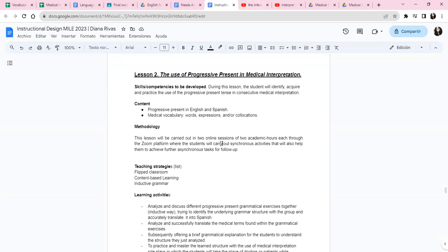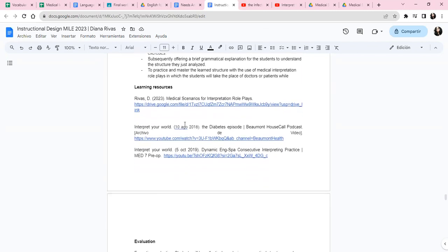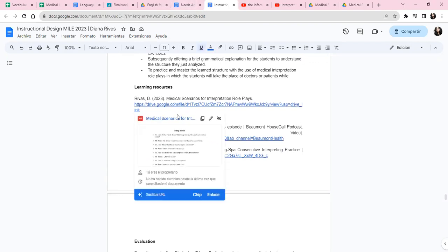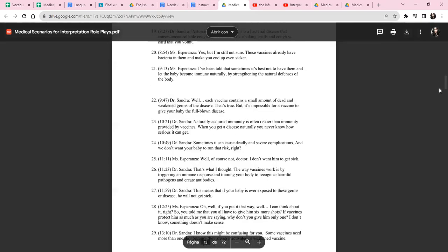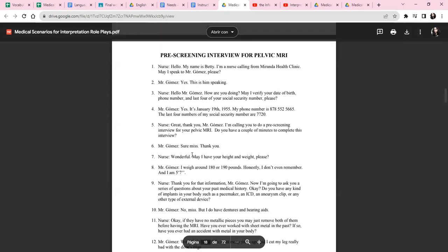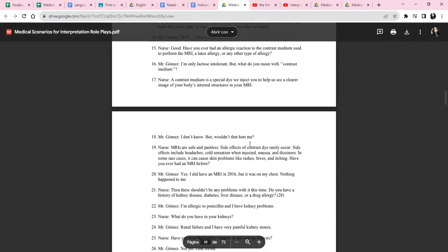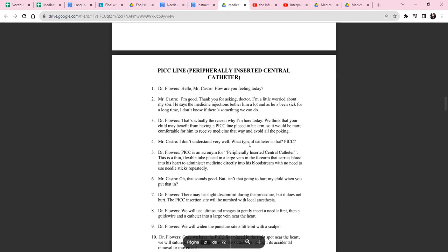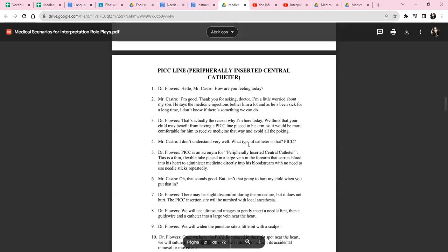Everything will be exactly the same, of course, but for the materials, we will have these medical scenarios to practice with, as there are many, and we have plenty of sentences to work with. We will keep using this material for the rest of the lesson, and maybe for the rest of the course,